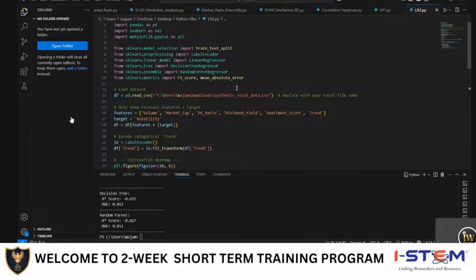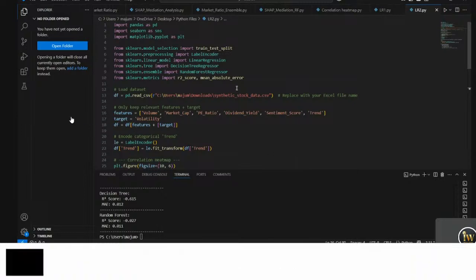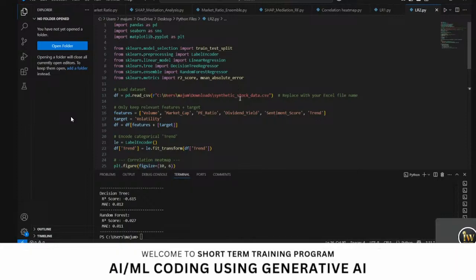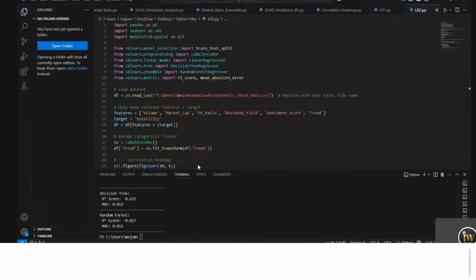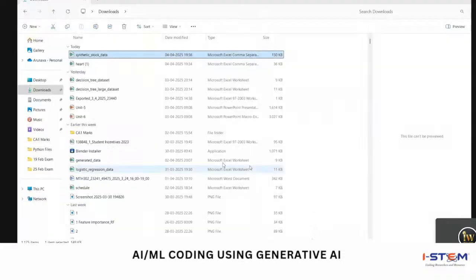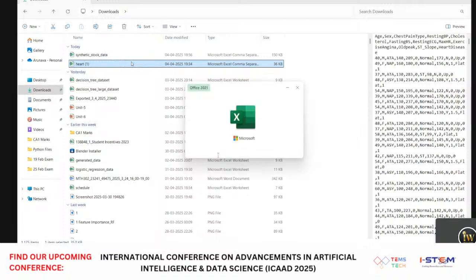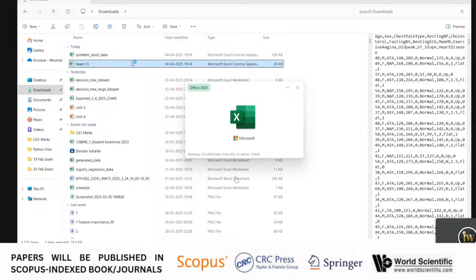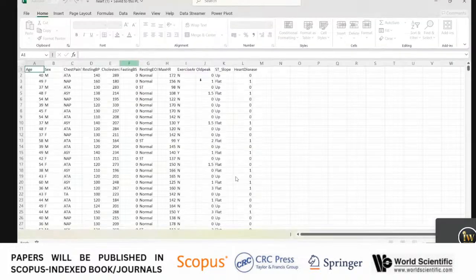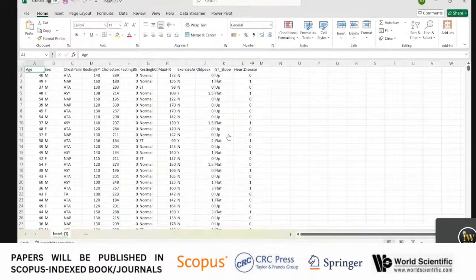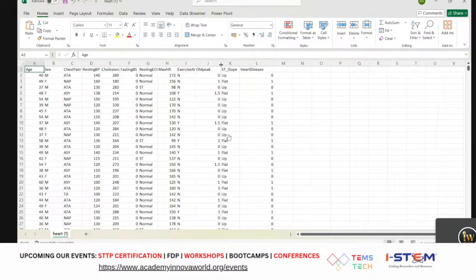Okay, now I'm going to give you another data set for classification. The second data set is this one, the heart data set. That is prediction of heart disease. Yeah. So as we see,